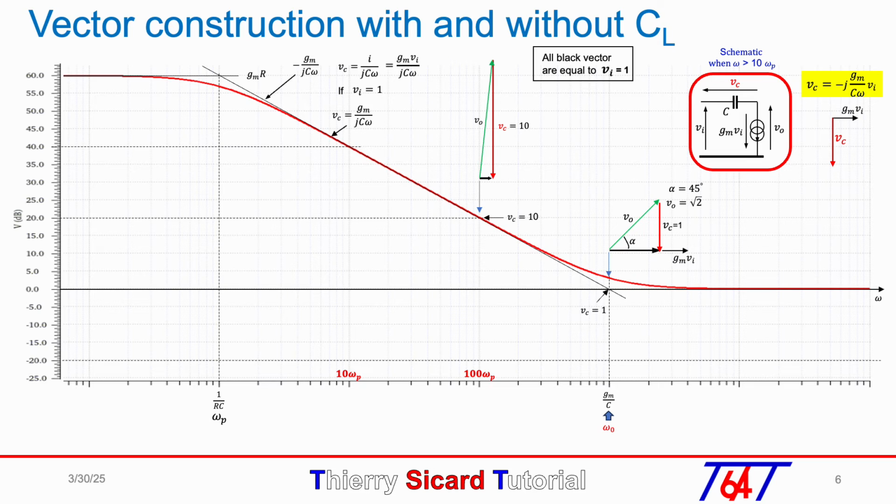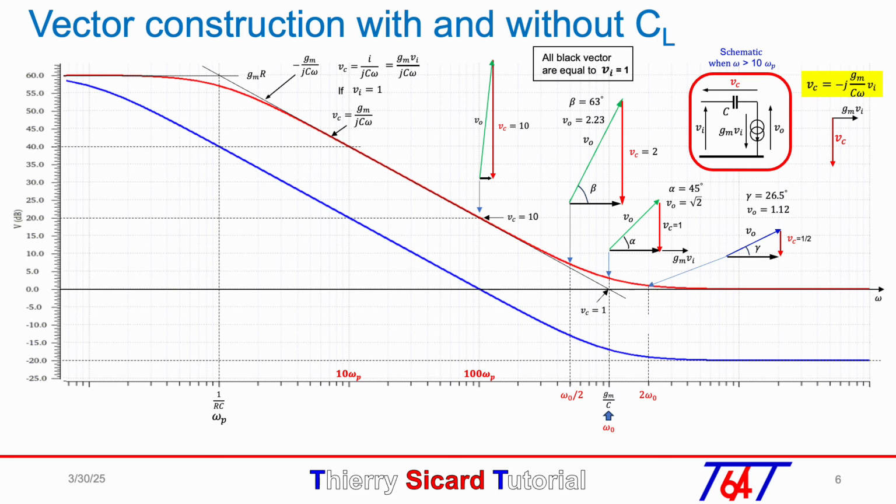and the phase is 45 degrees. We can do the same at omega 0 divided by 2, where Vc equals 2, giving a Vout over Vin gain of 2.23 and a phase of 62 degrees. And for twice omega 0, with Vc equal to 1 over 2, the gain is 1.12 and the phase is 26.5 degrees. We will now perform the same operation for the blue curve representing the gain of the common source amplifier